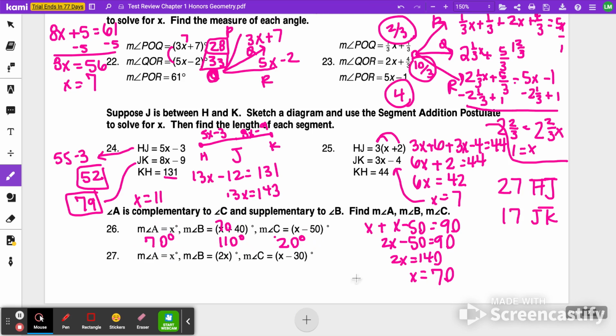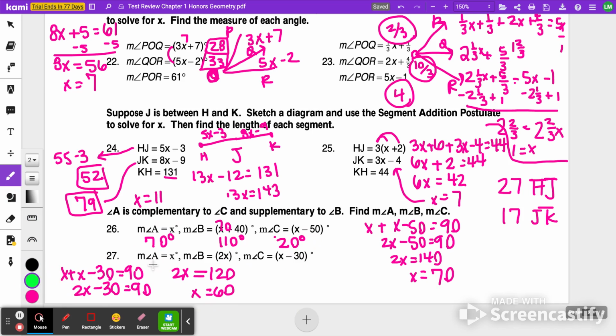Or do the same thing down here for question 27. Again, angle A and angle C are complementary, so x plus x minus 30 equals 90. That is 2x minus 30 equals 90, or 2x equals 120. So in this case, x is equal to 60. Since we know that x is equal to 60 for 27, the measure of angle A is 60 degrees, the measure of angle C is 30 degrees, and then 2 times 60 would be the measure of B, which is